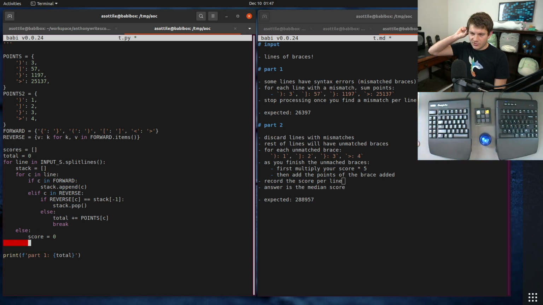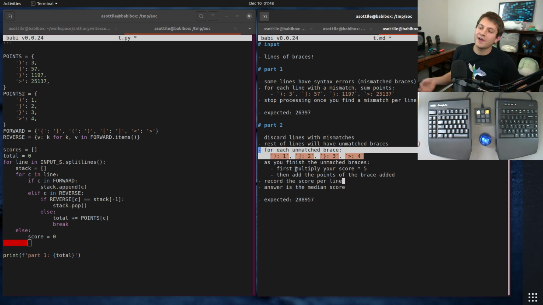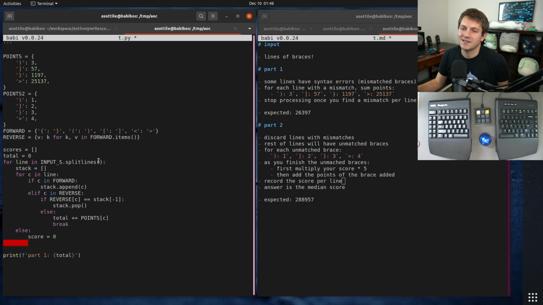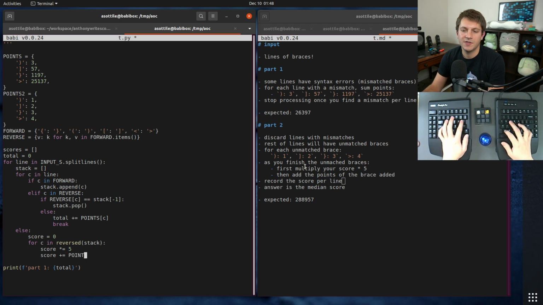And the way that this processes is we're going to add all of the braces that are unmatched. Yeah, for each unmatched brace, we're going to add these scores in there, and we're going to multiply the score over by 5. You can actually think about this as a parsing of this in base 5, but we're not going to do that because that's more work than it's worth. So we're just going to parse this. And we want to do these in reversed order. So for character in reversed stack, we want to do score times equals 5 and score plus equals points 2